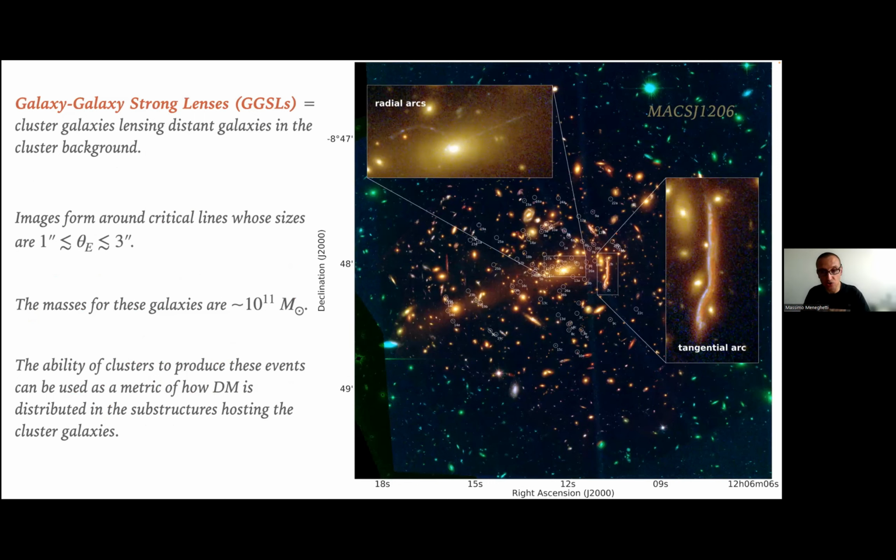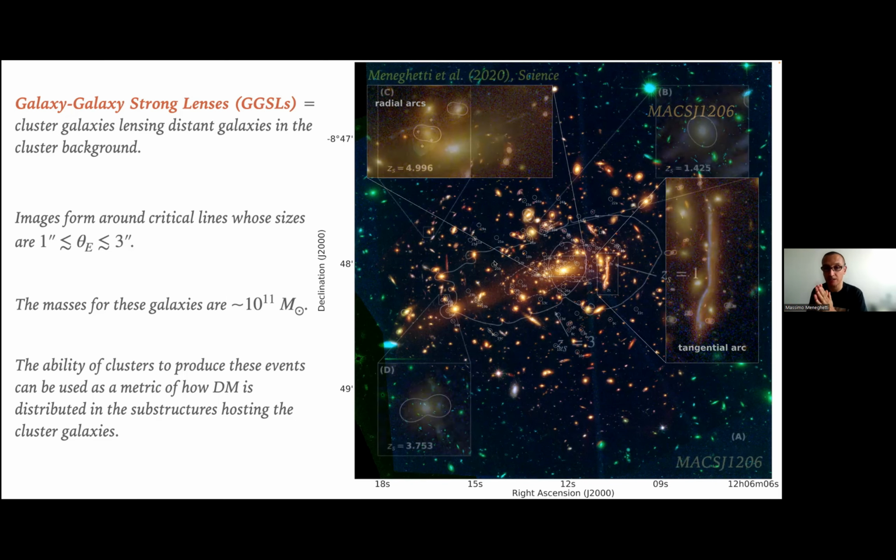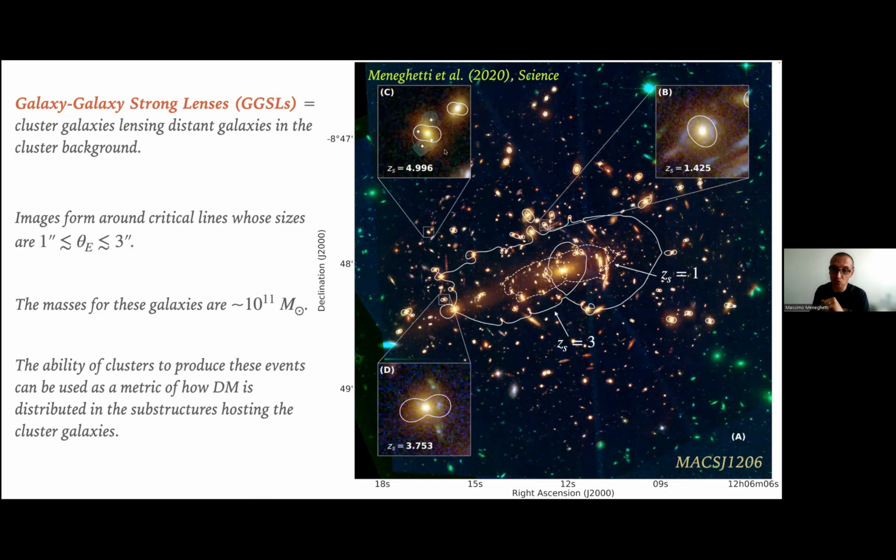So small scale structure as traced by a particular kind of strong lensing features that we can observe in galaxy clusters, what we call galaxy-galaxy strong lensing events. So we're not talking about the tangential arcs or radial arcs, these very big features that you usually think about when you talk about strong lensing by galaxy clusters. Neither about the sets of multiple images that Piero mentioned today, which are multiple images of galaxies in the background of the cluster produced by the overall mass distribution of the cluster itself. We're talking about other kinds of events like those that you see in these three zoom-ins in this image